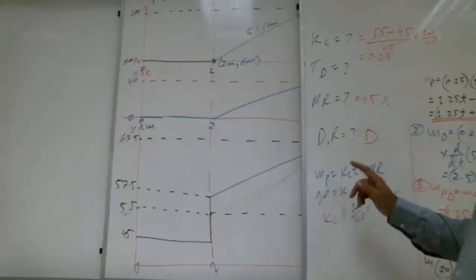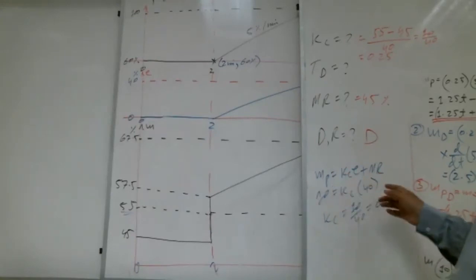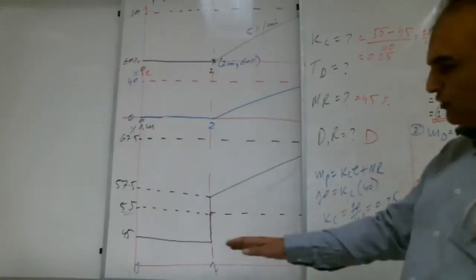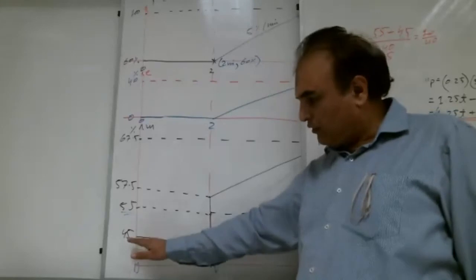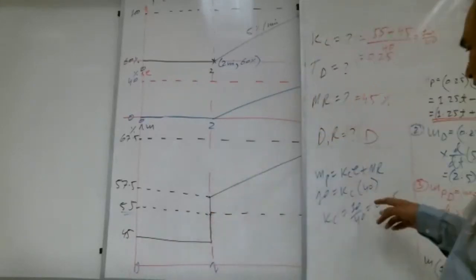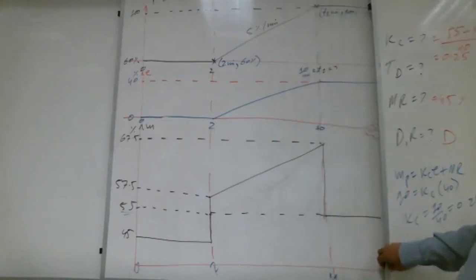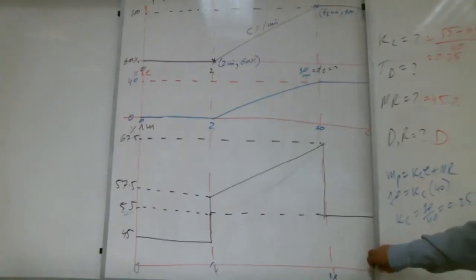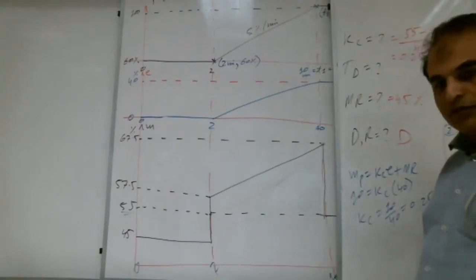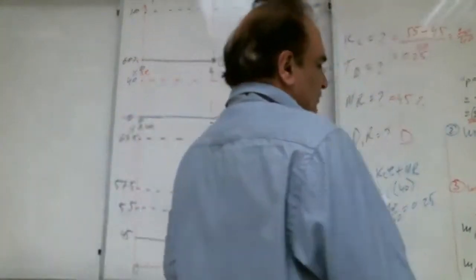MP is 10, right? So if you want to involve the MR, you can involve the MR, no problem. But we are saying no, MR we take the 0, so it will shift down. If we remove the MR, it will shift to 0. So how much is the difference? 10. So 10 by 40, 0.25. Right. Yes, anybody has question? Okay, a lot of brothers saying no question, no problem. We will solve more problems, then it will be more clear.